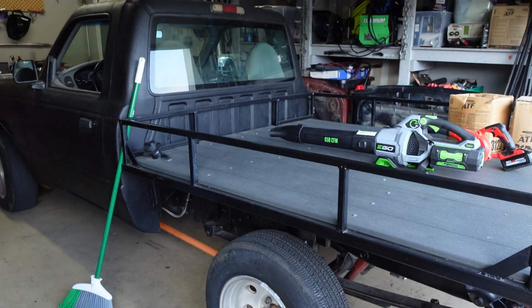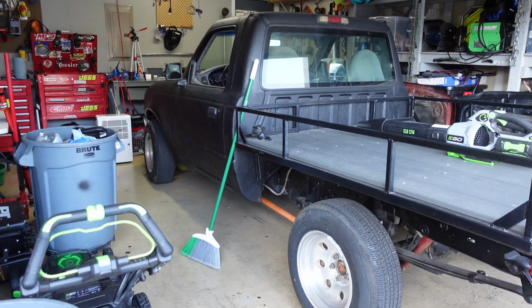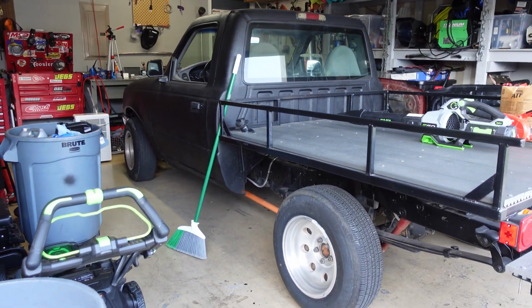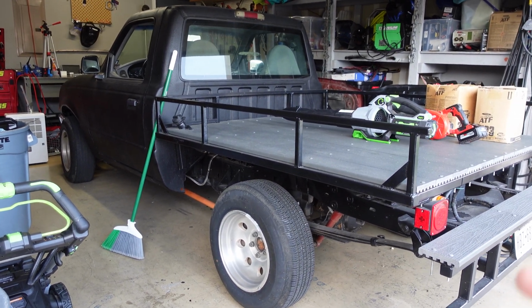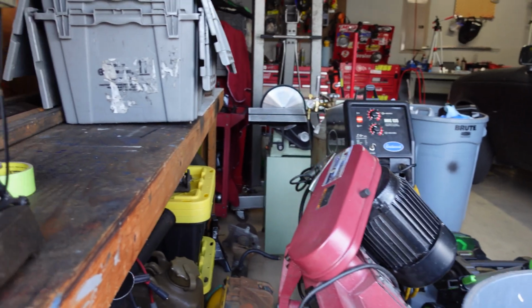I actually bought a Detroit True Track for that axle, so at some point we're going to rip the axle out from underneath this, pull that one out. I want to sand it,